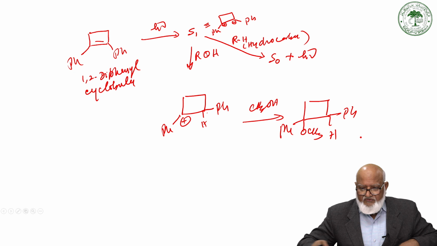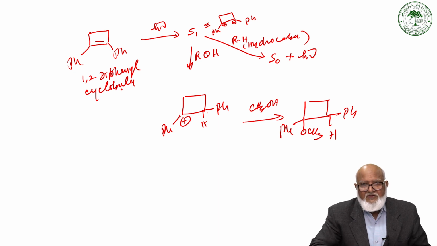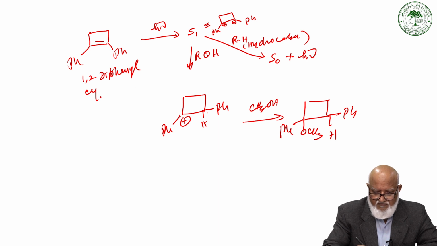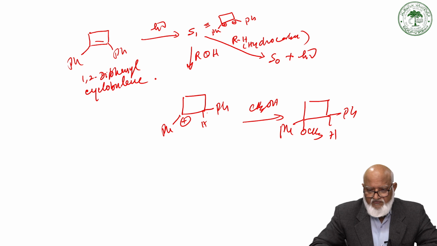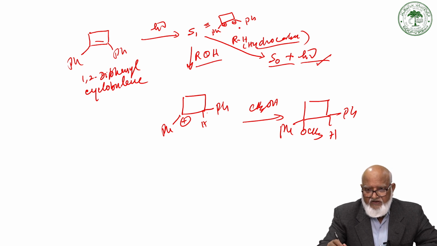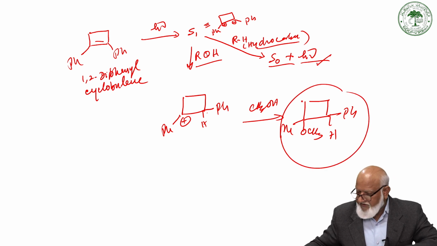So you can see that 1,2-diphenylcyclobutene under photolytic condition goes to an excited singlet state. Then in the presence of hydrocarbon, quenching takes place by losing fluorescence, and in protic solvent the dipolar species in the excited state gives the methanol added product. Interestingly,